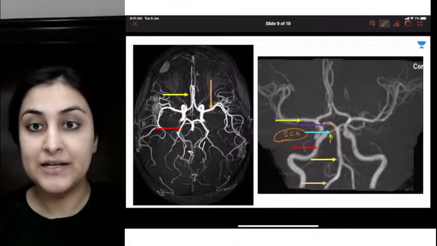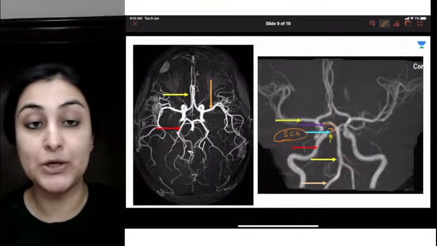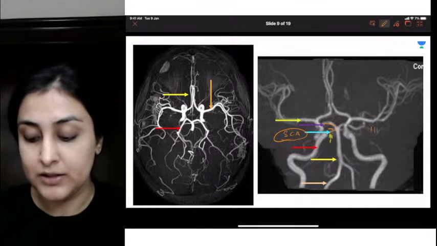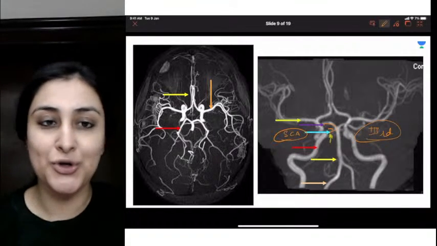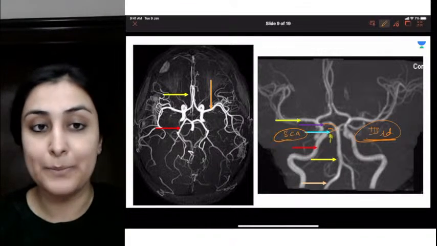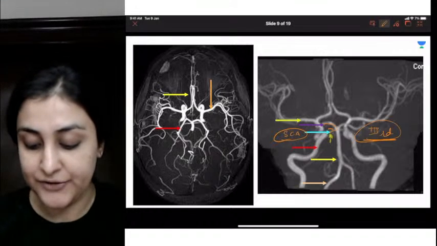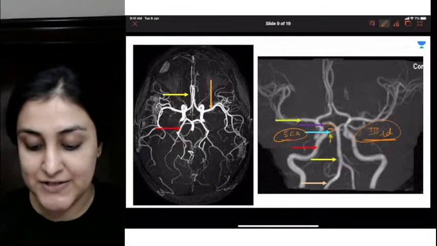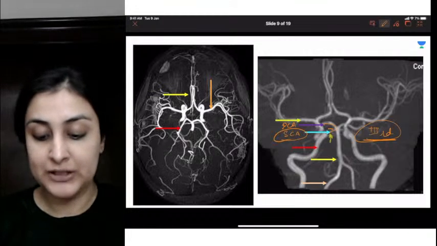Okay, and between this superior cerebellar artery and PCA, there is one nerve which courses in between the two. It is the third cranial nerve, oculomotor cranial nerve, that you need to know, the third cranial nerve which can get compressed by an aneurysm of any of these, right? So third cranial nerve getting compressed between superior cerebellar and the PCA. Okay, so this is about the anatomy.